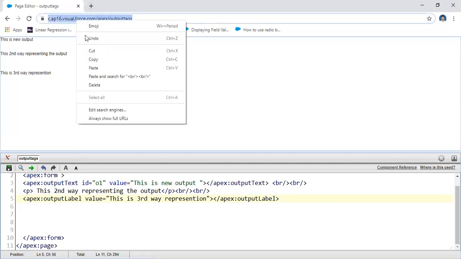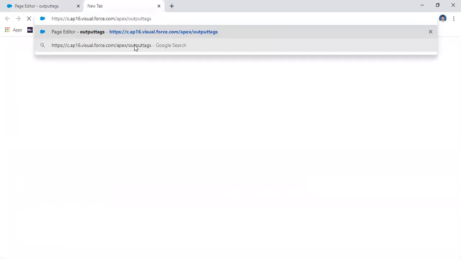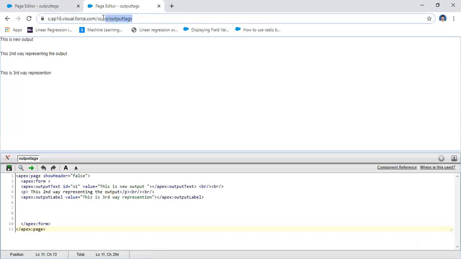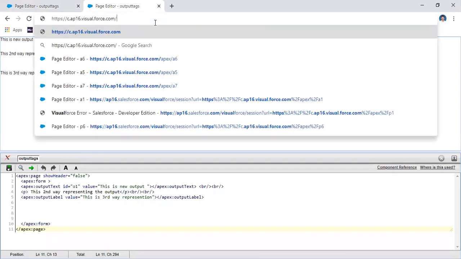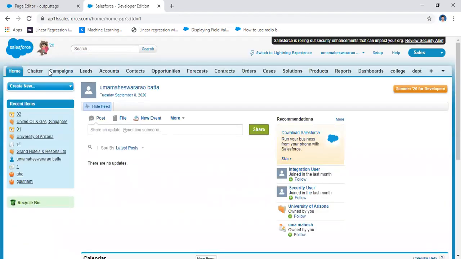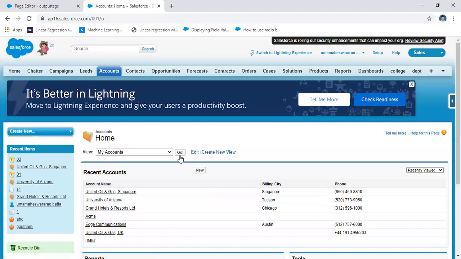Do you know the difference between the label and the name? For example, if you come to Salesforce here, these are all called a name, for example, the name of the account.